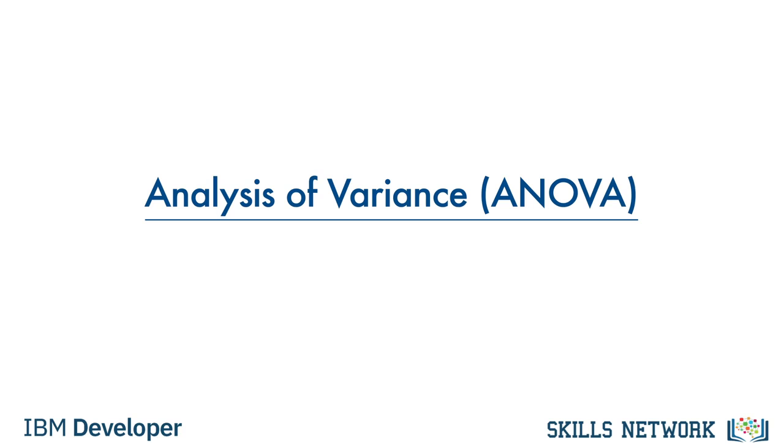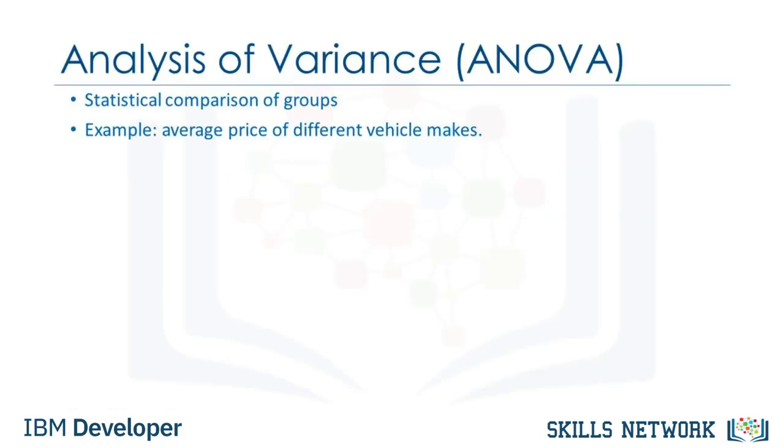In this video, we'll study analysis of variance. Assume that we want to analyze a categorical variable and see the correlation among different categories. For example, consider the car dataset. The question we may ask is, how do different categories of the make feature, as a categorical variable, have impact on